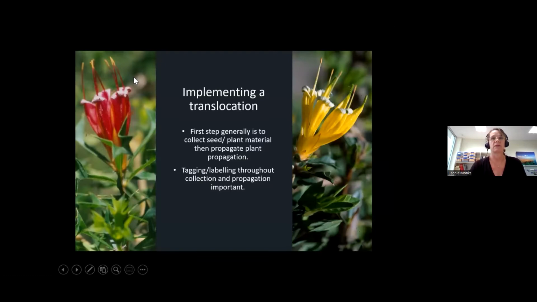Okay. So generally following the preparation of a translocation plan is the collection of propagation material and propagation of plants. And we've had some great talks last week from both Megan and Warren giving some good overviews of this process. And so I won't go into that in any depth except to highlight the value of having really good relationships with people who are collecting the propagation material and propagating the plants for you.